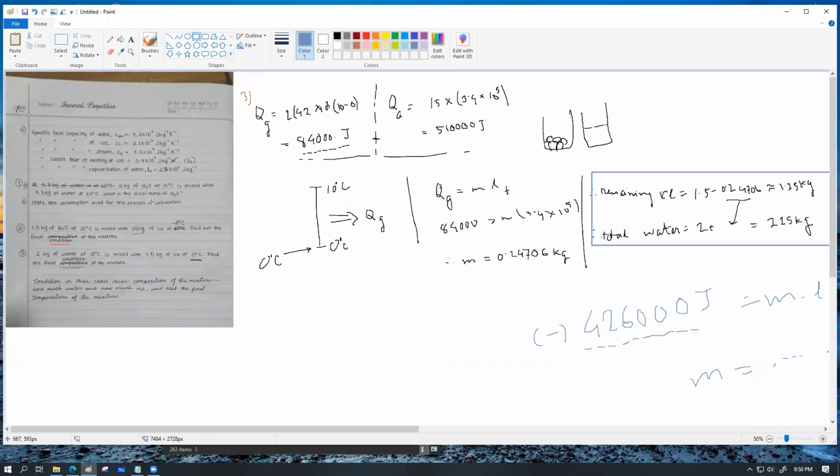200 gram of water at 15 degrees Celsius is mixed with 20 kg of